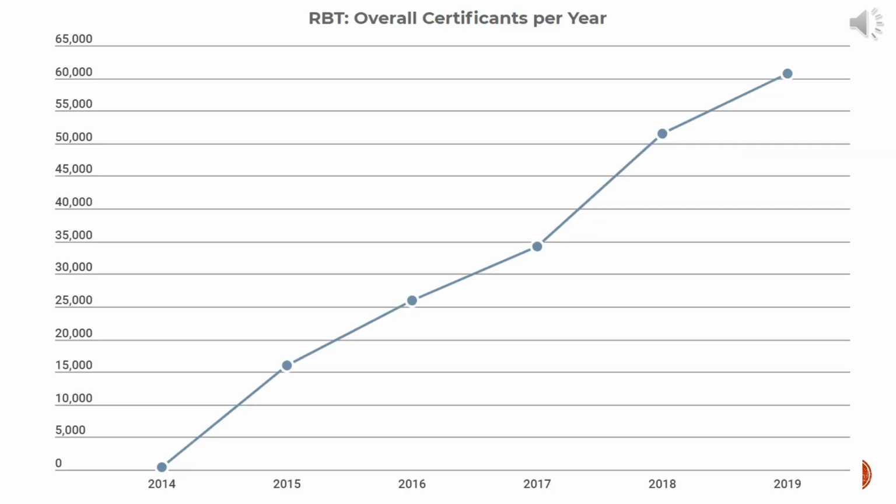As of July 1st, 2019, the number of RBTs is 60,685. As you can see with the trend line, the number of individuals who receive RBT certification per year is growing rapidly. As applied behavior analysis continues to spread to new populations, such as geriatric populations, athletes, and so on, there continues to be an increase in jobs open for individuals with this certification. Therefore, becoming certified as a registered behavior technician can set an individual up for a successful and fulfilling career path.